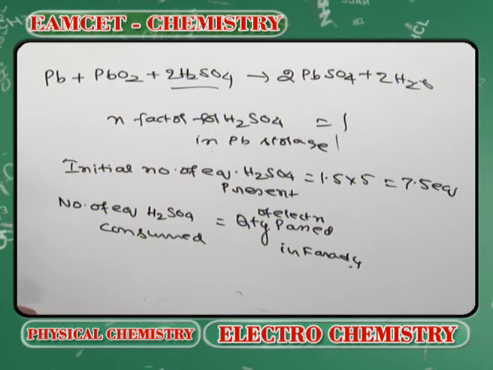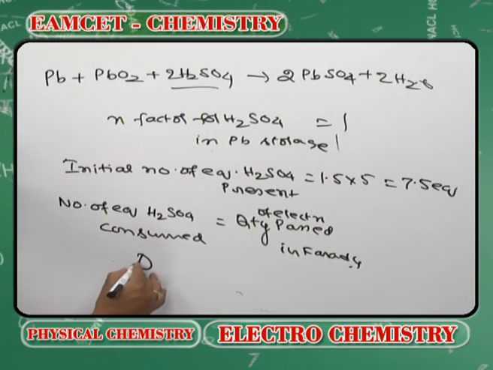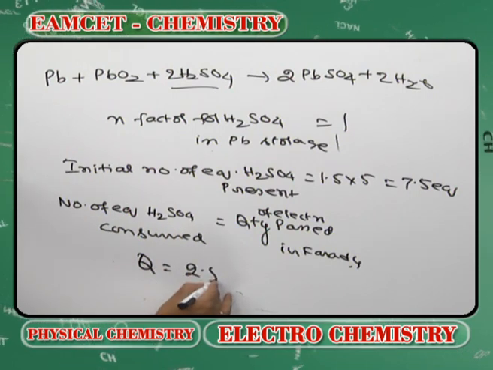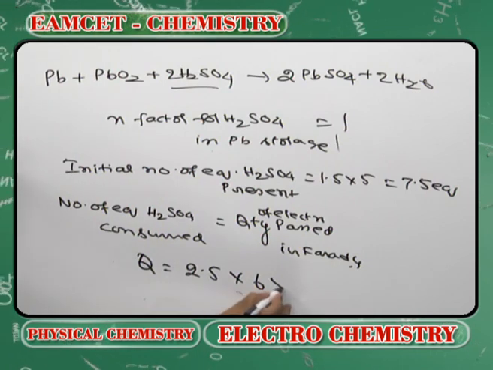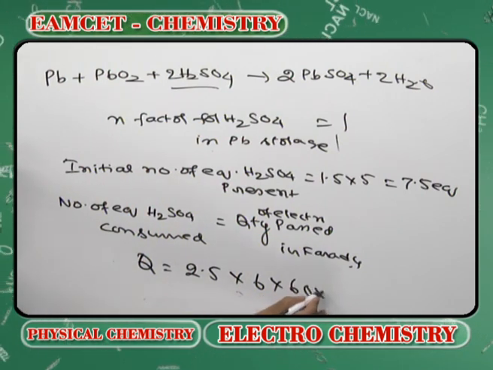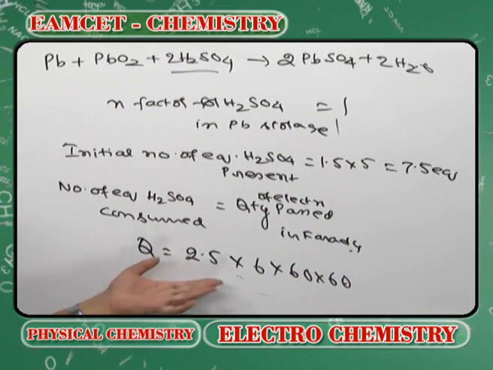What is the quantity of electricity in Faradays? Q is equal to 2.5 into 6 hours, 6 into 60 into 60. This comes around